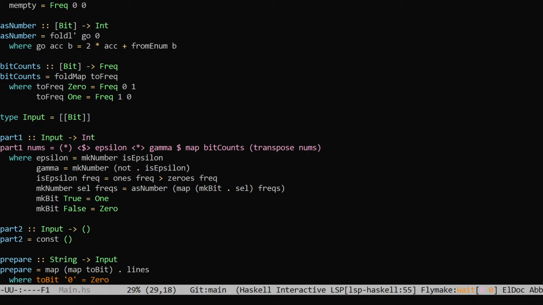But the idea was I defined epsilon and gamma as 2 different functions which take a list of freak, having counted the column, and producing a number. And they both delegate to this make number function that I said, okay, these are basically just 2 special cases of turning a list of freak into number. And is epsilon is how I decide